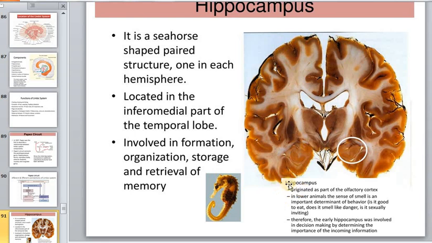And here we see the hippocampus originated as a part of the olfactory cortex. In lower animals, the sense of smell is an important determinant of behavior. Is it good to eat? Does it smell like danger? Is it a sexually inviting individual? Therefore, the early hippocampus was involved in decision making by determining the importance of the incoming information, especially